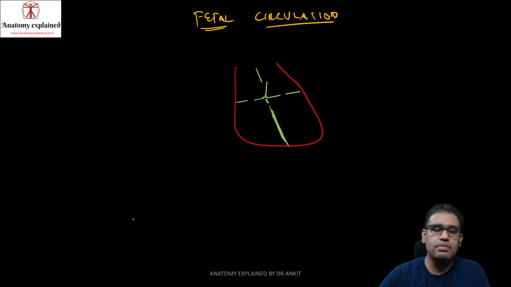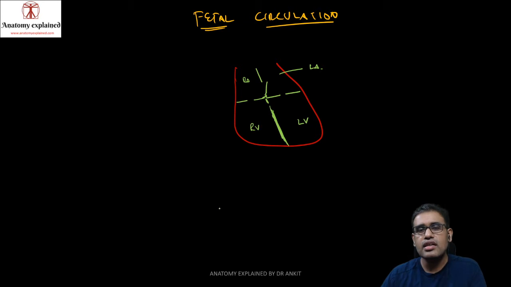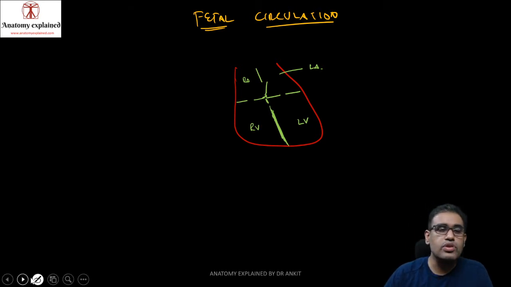So these are all the septa, and let me write over here the names of the chambers. In small form: RV, right ventricle; LV, left ventricle. This is your RA over here, that is the right atrium, and that is your LA over here, that is the left atrium. So these are the four chambers. Now there are slight differences that we will subsequently see.